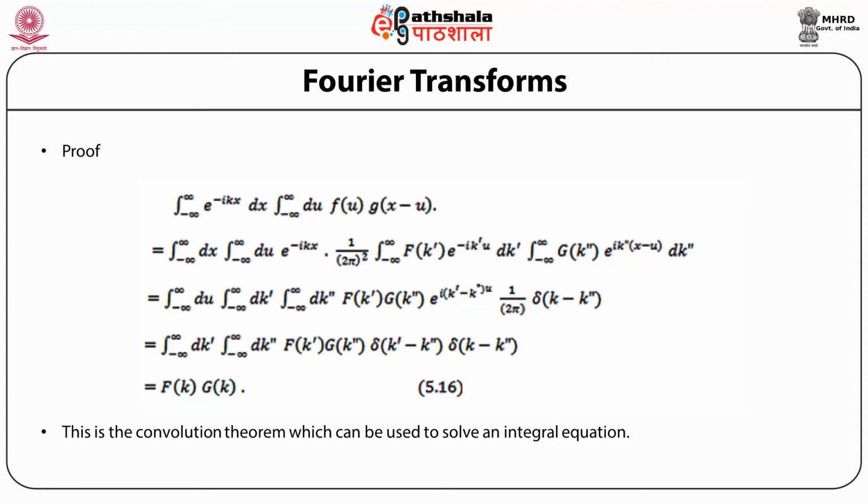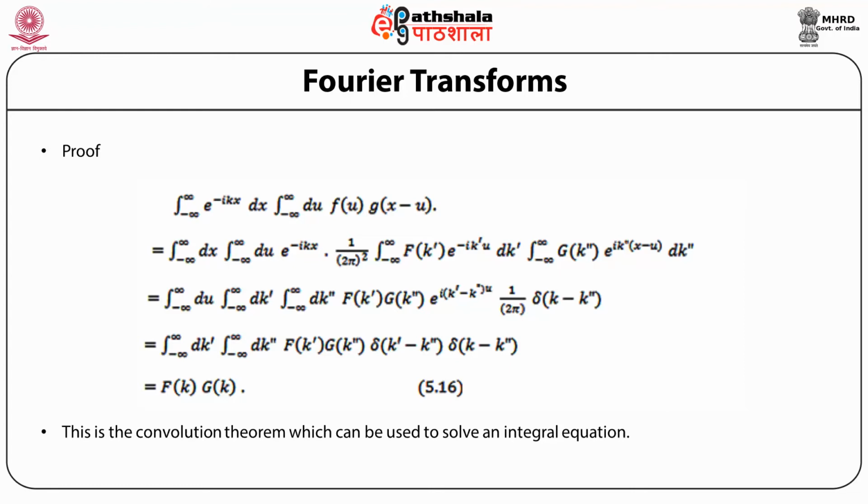That is, consider a double integral over x and u, and we have two functions f of u and g of x minus u, which are multiplied by e to the power minus ikx. The domain of integration, or the variables u and x, are from minus infinity to infinity. This double integral can be written as the integral from minus infinity to infinity dx, then the integral from minus infinity to infinity du, e